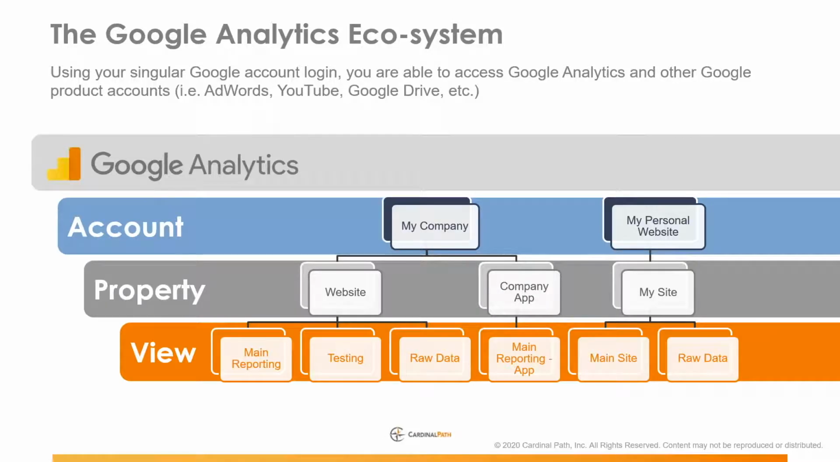When you set up Google Analytics for the first time, you'll be able to create at least one account. You may have several accounts. And in this example, we have the My Company account, and then we have the My Personal Website account, okay? Both tied to the same either Gmail address or Google account. Underneath My Company, we see we have two properties, website and the company app, which historically have always been kept